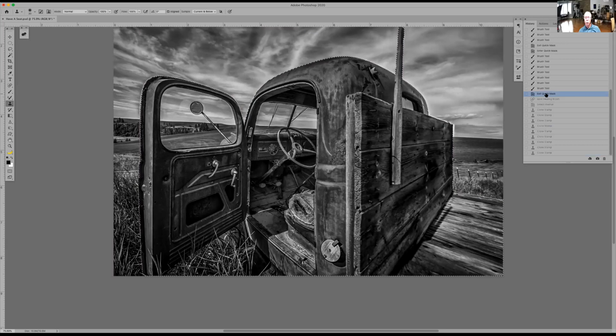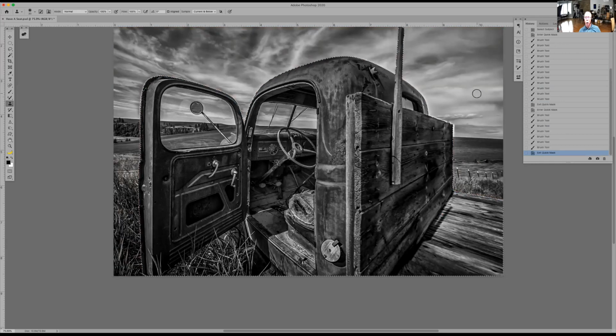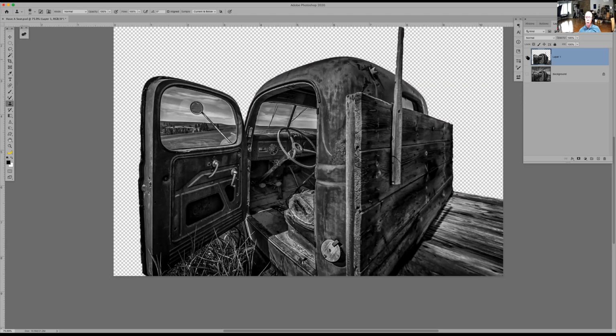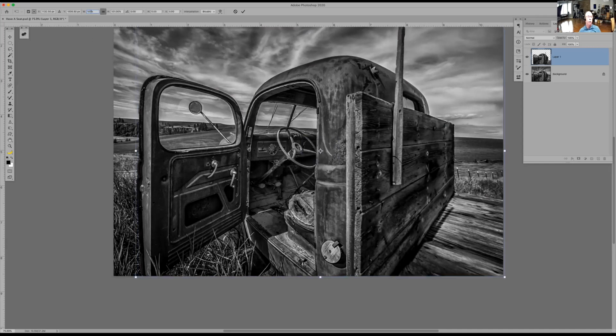Back to Quick Mask. Q to get out of that. I'm going to make it on its own layer, Command J. So I brought it up on its own layer. And you can see that there doesn't appear to be any haloing along there. So we're good. I'm going to hit Command T to free transform. Go up here to my numbers at the top bar, hit 101%, which made it just 1% bigger on that layer. And you can see now,